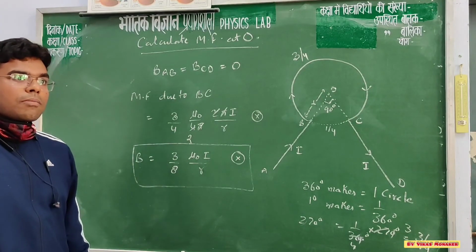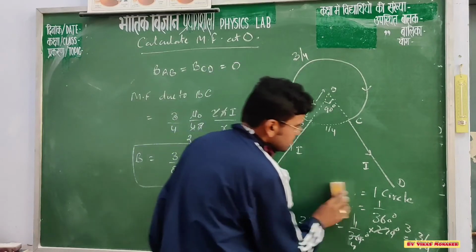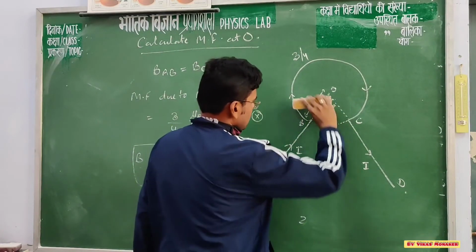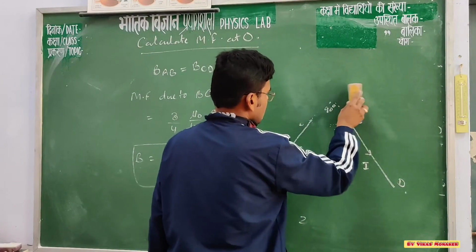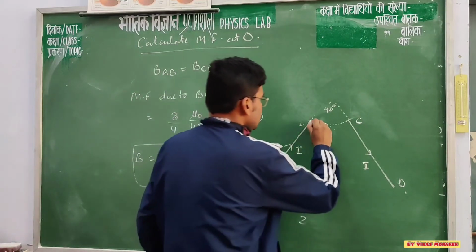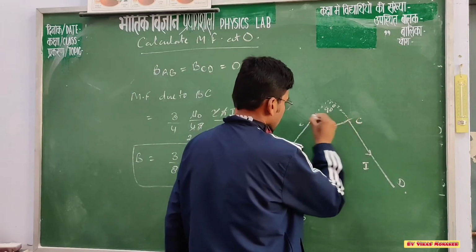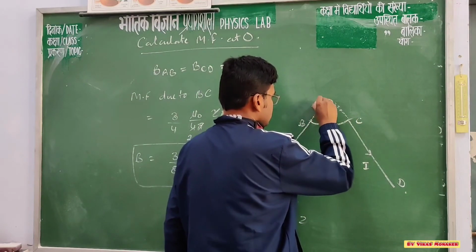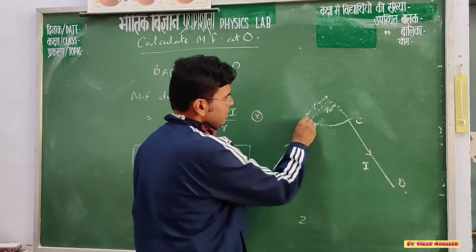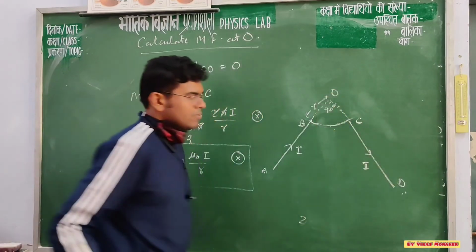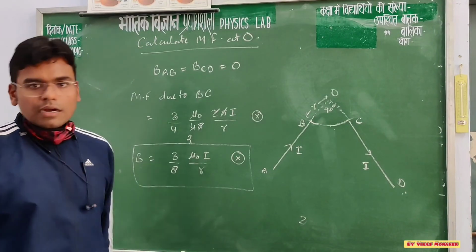Now I am giving you one particular problem. You can determine the magnetic field due to it. Now I am making a correction. You see, the shape is like this, as usual, R. You have to calculate the magnetic field due to this A, B, C, D at point O. It's forming the same angle, 90 degree. So that is the work that you have to complete.